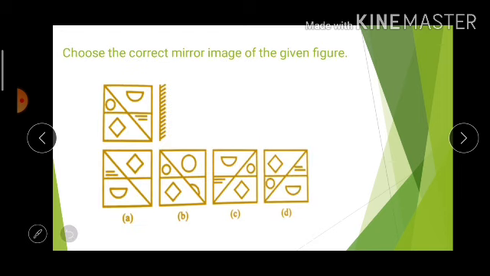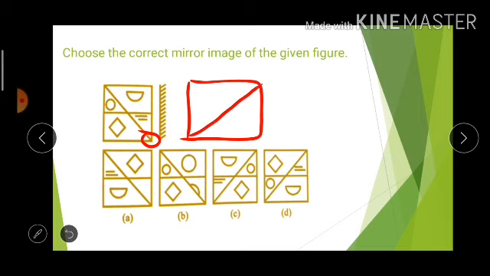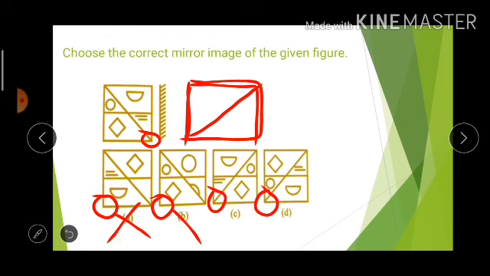Taking the next example, again, this box has a partition. Now, in the right side bottom corner, I have a line that is dividing this box diagonally. This is the image that I want in the answer. Now check in which figure it is starting from the left hand side bottom. Options A and B are getting discarded because of this itself.